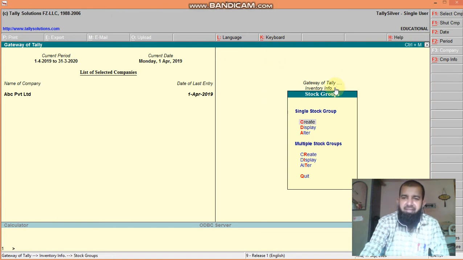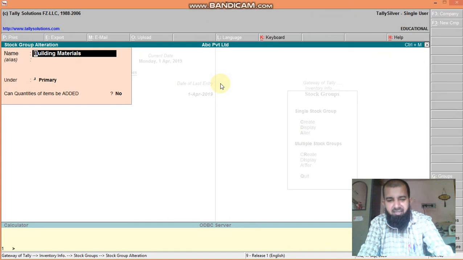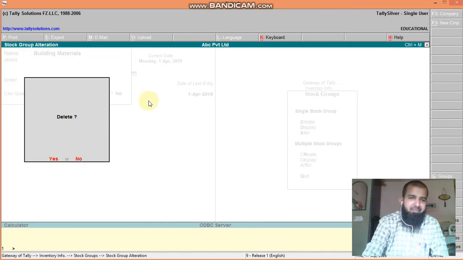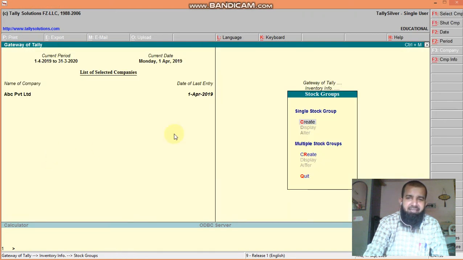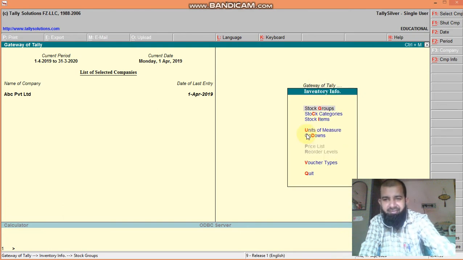Gateway of Tally, inventory info, stock group, then under single stock group alter. Select which you want to delete, then Alt D. It asks whether you want to delete. If you click yes, it gets deleted. So there is no stock group now. Clear, no? How to create, display, alter and delete.